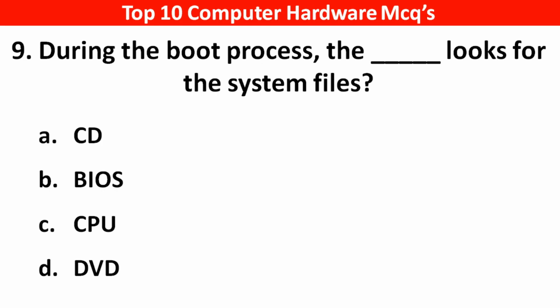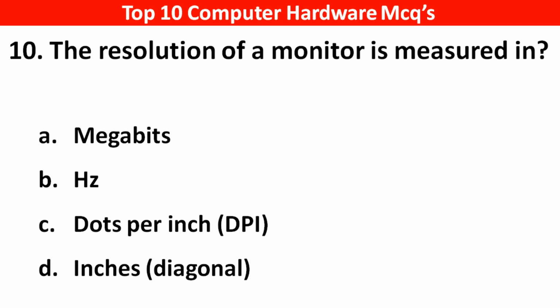Options A, CD, B, BIOS, basic input output system, C, CPU, D, DVD. Right answer is option B, BIOS, basic input output system. Next question, the resolutions of a monitor is measured in